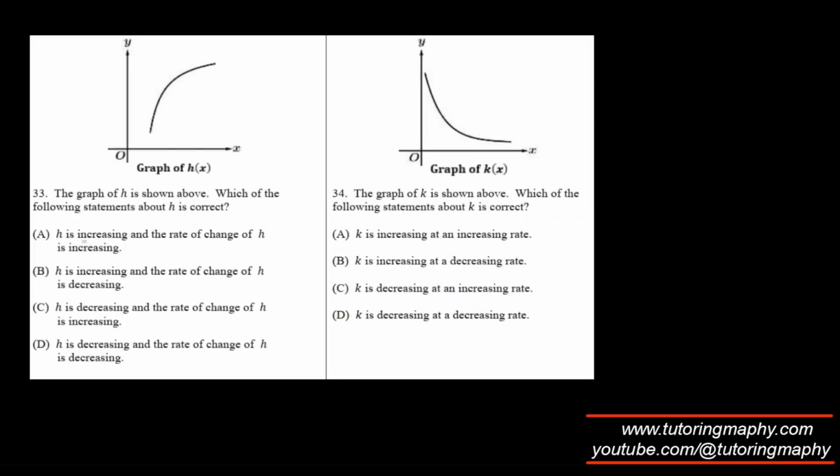Right, over here, is the function increasing? Yes, definitely the function is increasing. I can clearly see that the function is climbing in nature, so it has to be increasing. And it is concave down, so ROC is decreasing. There you go. ROC is decreasing, so it's B because it is a frowning face. Here the function is decreasing clearly, so nope, not increasing. And it is concave up. Concave up means increasing rate, or ROC is increasing. So it is decreasing but at an increasing rate because it is concave